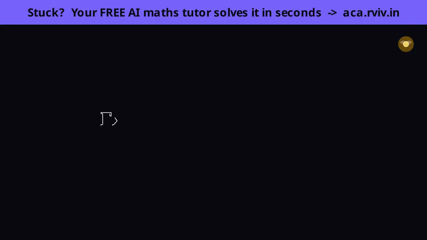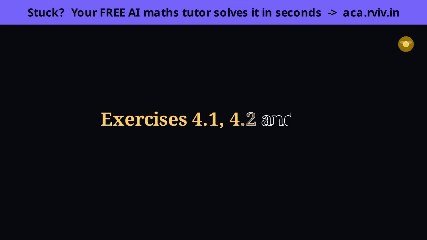Now let's solve every exercise question, breaking each into small, clear steps you can follow. We'll move through 3 exercises in order. 4.1 is about recognizing and forming quadratics. 4.2 is factorizing to find roots. And 4.3 is the discriminant deciding the nature of roots. Watch the same handful of ideas do all the work.